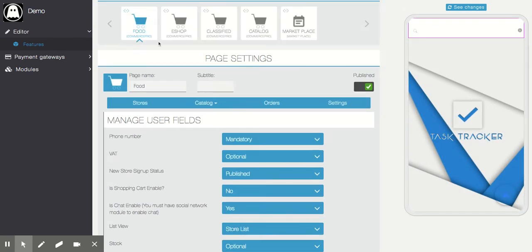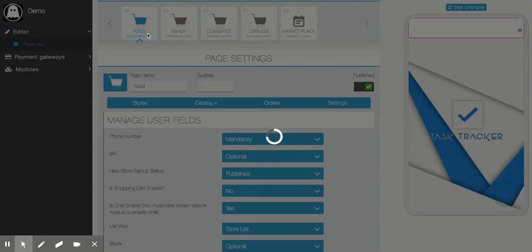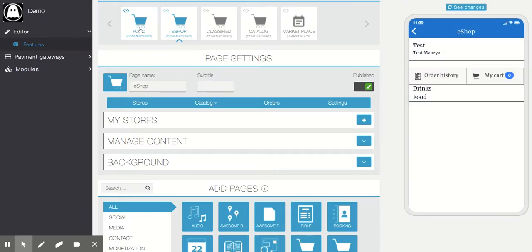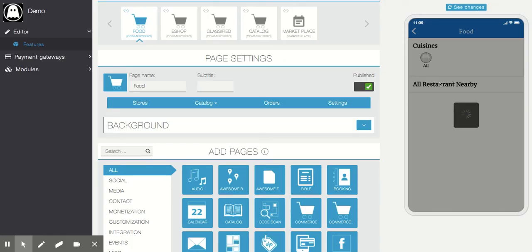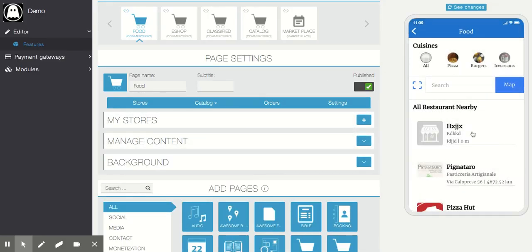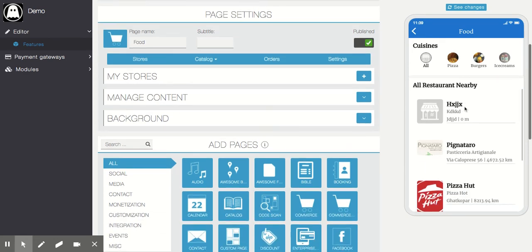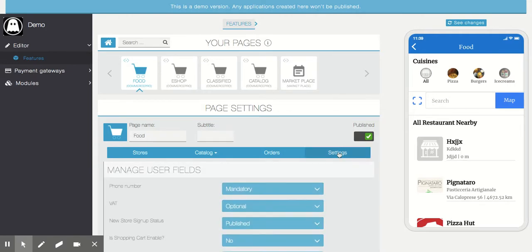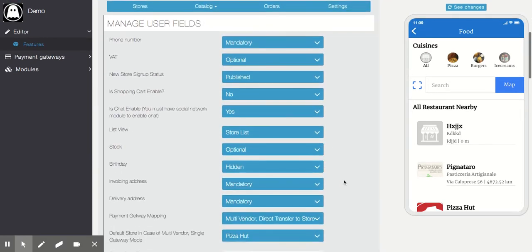Now this is the same view. One more important feature here is list view. If you install this model, you will not see this page by default.